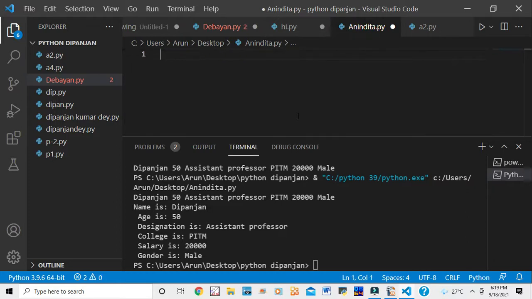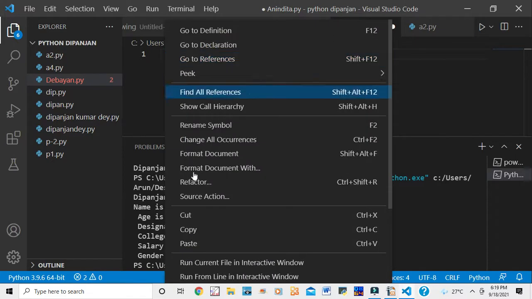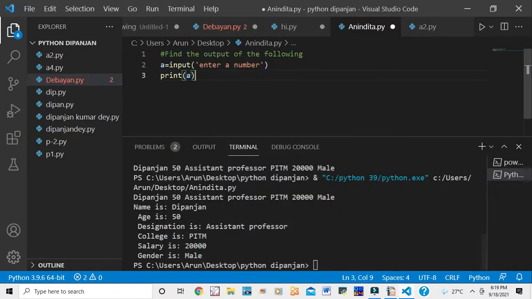Now what I am doing here, you can paste by Control plus V, or I am doing it by right click. I am pasting here. You see, find the output of the details. What is A? A is the variable. Input, enter a number. Print A. Here I am writing A, so you have to write A. If I write anything here, not only A, B, C, D, anything, you have to write that within the print function.